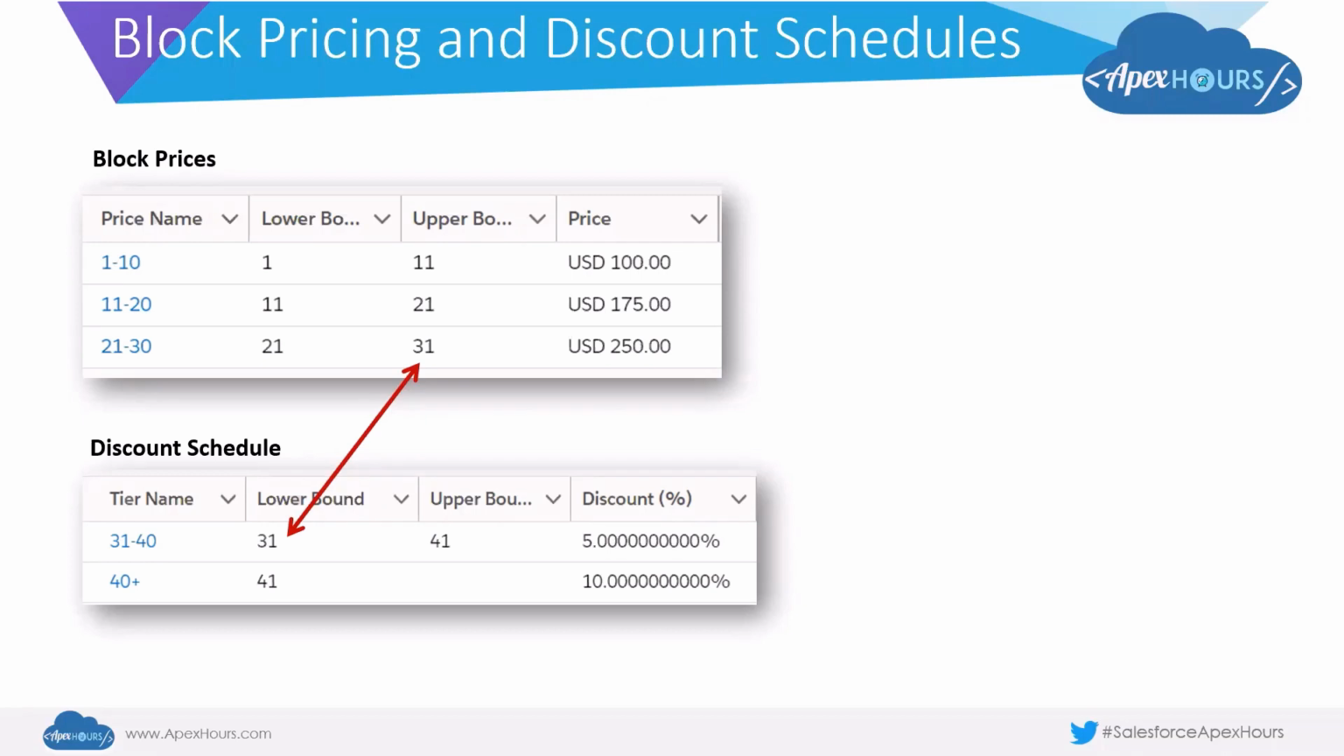So from 31 units to 40 units, that means a lower bound of 31 and an upper bound of 41, we apply a discount of 5%. And then again, you can have further tiers on a discount schedule. And as you saw for a discount schedule, we can keep the highest tier open-ended. So this combination allows us to define automated pricing for products in a very unique manner,